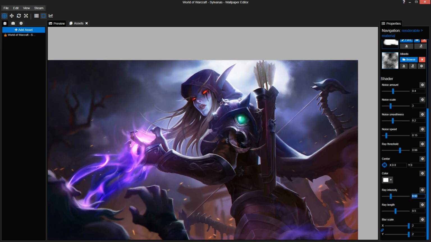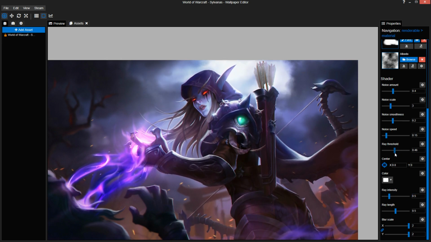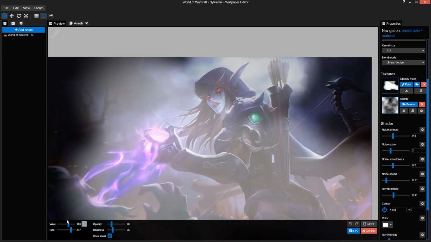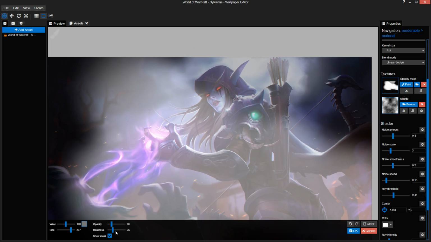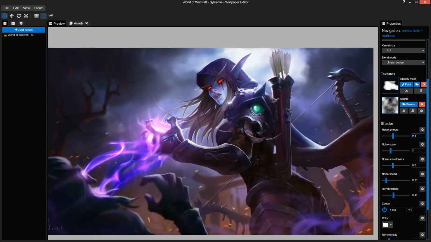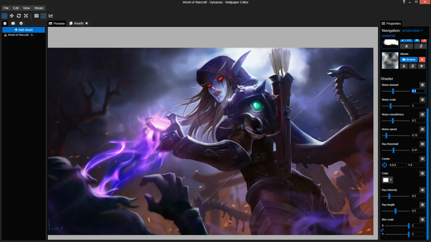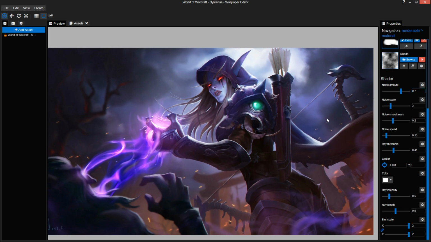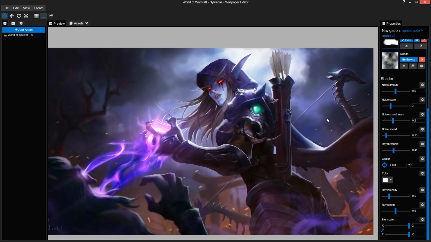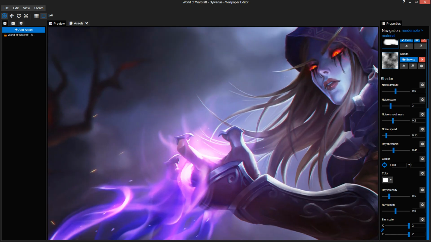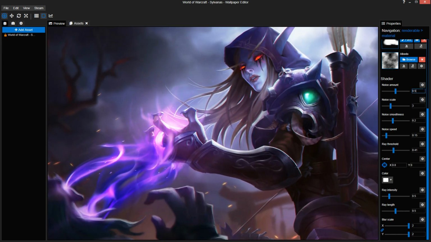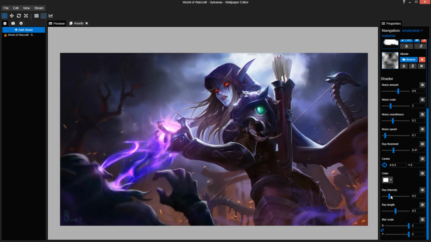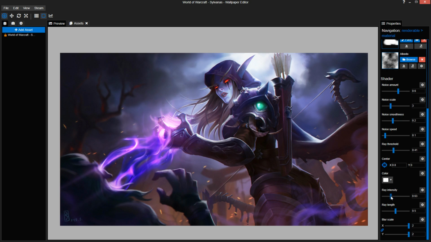Intensity a bit lower. Put it to 0.5. Threshold a bit lower as well. Look, this is looking much better. Still want this to be a bit less bright, so we're going to reduce the value here again. Right, this is looking better. Now you want to use noise mask. Usually you want this to be actually at 0.6 because it's too much and it's going to look way too fast moving. And 0.5 is barely noticeable. I mean it is, but I prefer to go for 0.6. Reduce the noise speed to 0.1. From here on you can just make them more visible to your liking.